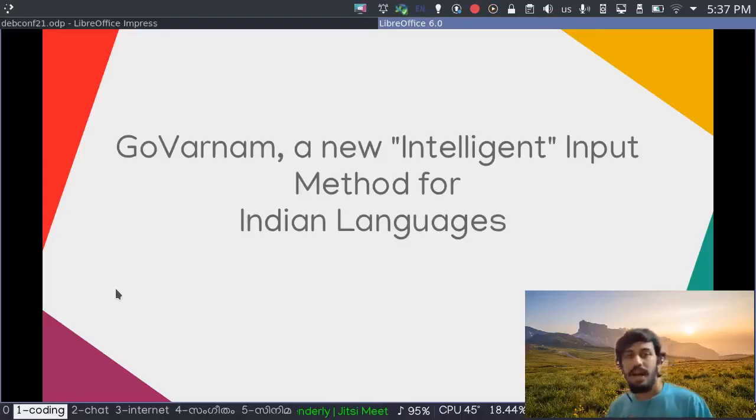Hello everyone, I'm here to talk to you about a project that I've been working on for many months now, actually many years in a way. It is a software that I use personally to write my language Malayalam on computers. There's this problem on Linux where it's kind of difficult to start learning a new input method. So I thought, why not make something that you can easily do, like Manglish to Malayalam. It is a new intelligent input method for Indian languages. It is not just restricted to Malayalam now. It can be used to adopt any kind of languages, mostly Indian languages, of course.